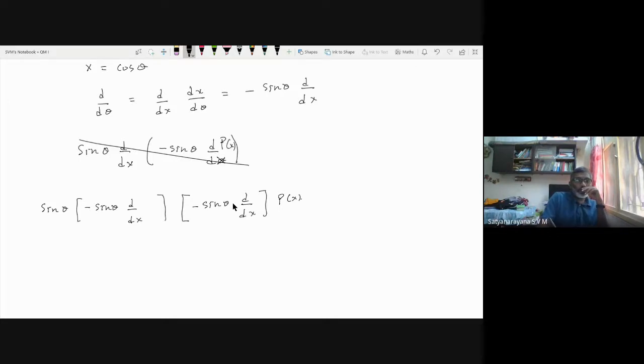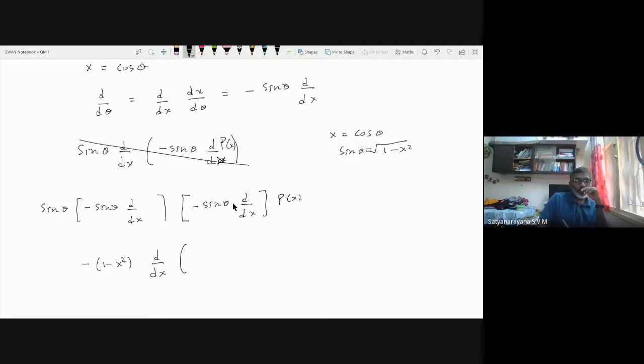But since x is equal to cos theta, sine theta is basically square root of 1 minus x square. So if I write everything, this is minus sine square theta, that is minus 1 minus x square, or x square minus 1 into d by dx acting on